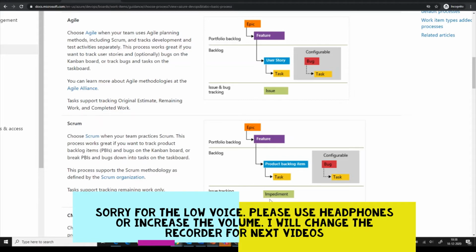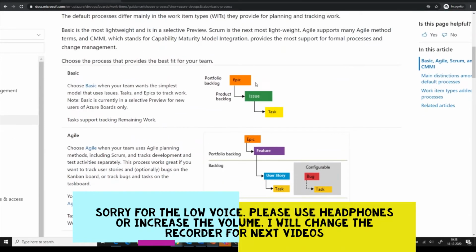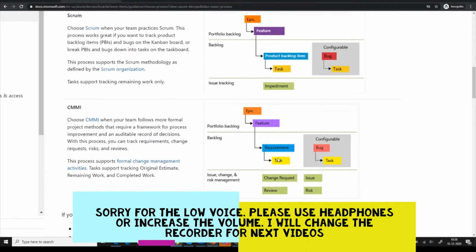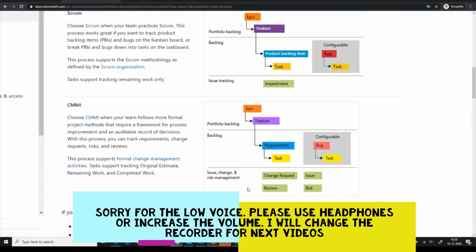So you will have a question about this in your exam for certain. I'm sure you will have it. So you need to know exactly what the basic method has, what agile has, and scrum has, and what the difference between the two is, and what CMMI has. You might have an exact question